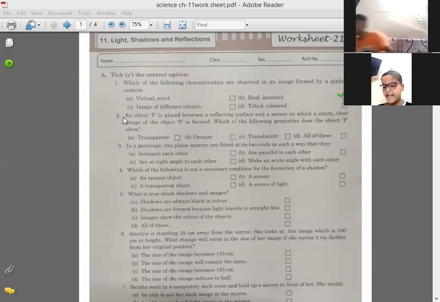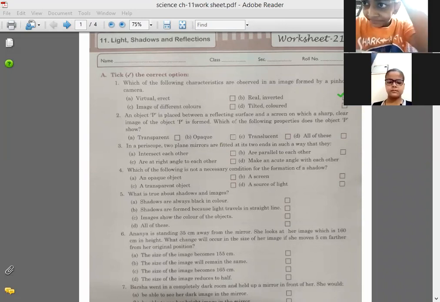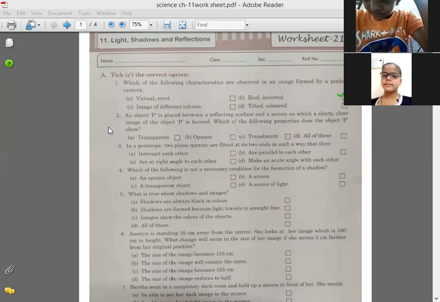Next, number 2. An object P is placed between a reflecting surface and a screen on which a sharp, clear image of the object P is formed. Which of the following properties does the object P show? Kindly read this question carefully.